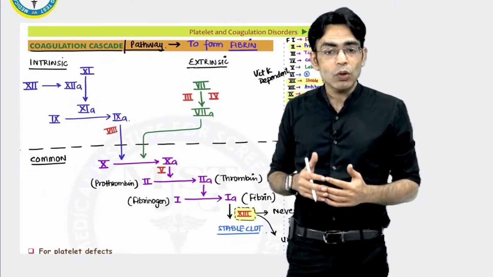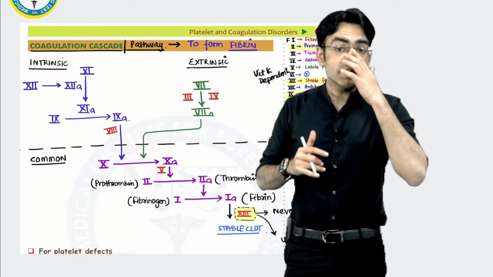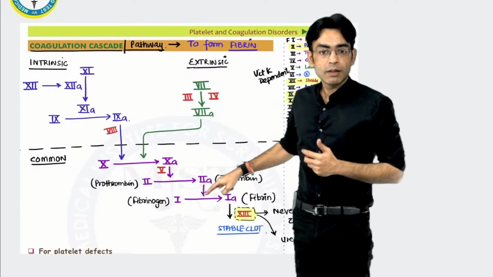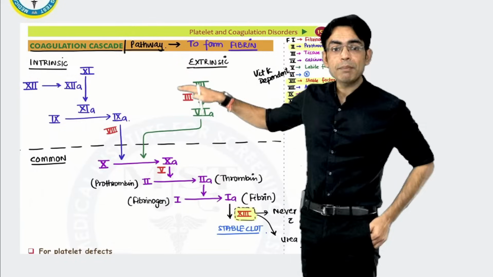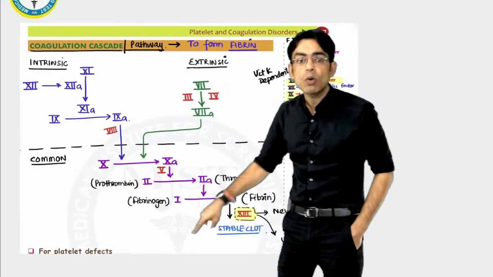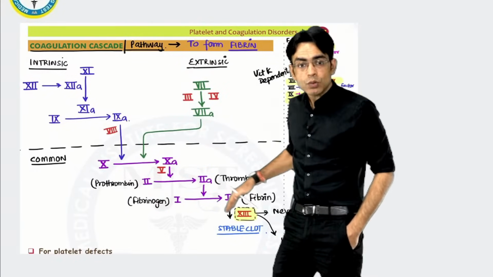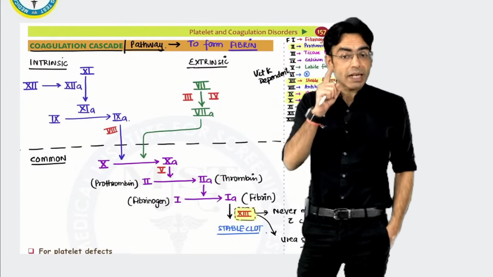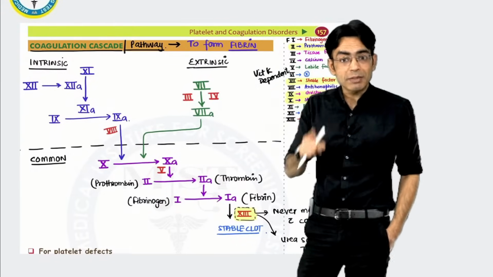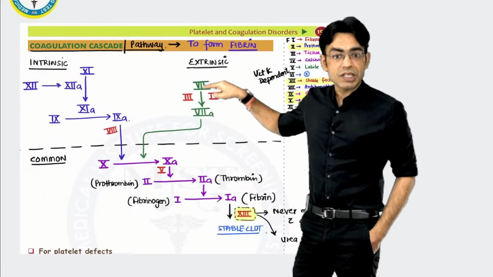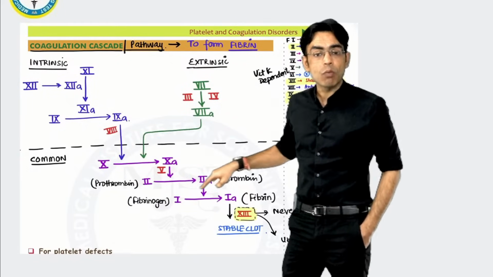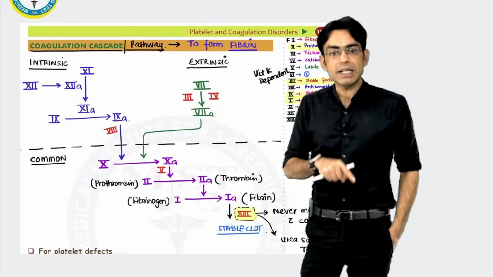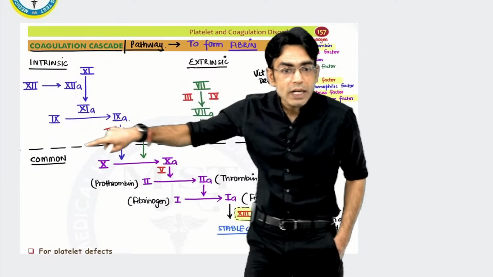Now what did the examiner tell you? What the person is saying in the question is that PT was normal. So look, this is common, PT is normal, which means there is no issue here and here either. Because if there would be any issue, any deficiency of any of these factors, then PT would also have been high. But the examiner said PT is normal. So the examiner is saying that 3, 4, 7, 10, 5, 2 and 1 are normal. Then only your PT can be normal. And APTT is high. So that means there is a problem only in these.